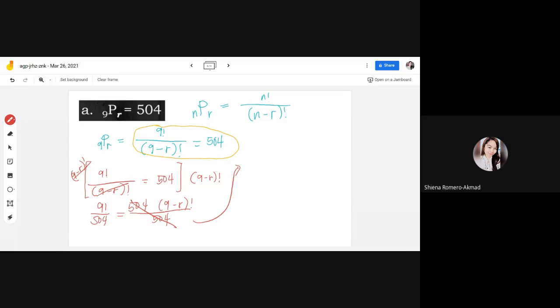May nagmo-multiply ba? Ay, dyan pa kayo. Ma'am, yung ano lang nung 9 factorial. Ako, 9 factorial lang. 362,880. Ulit. 362,880. Okay. Divided by